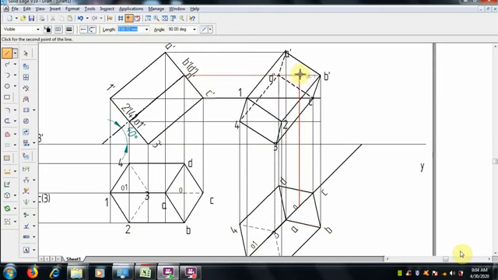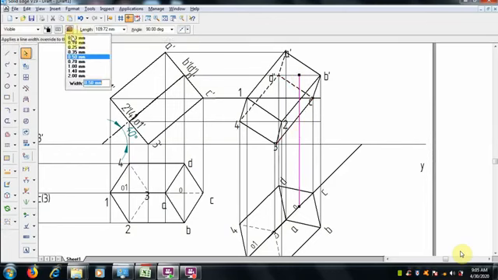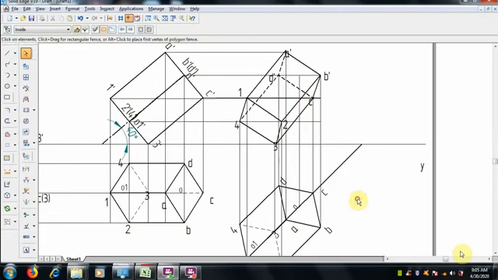So now draw the axis, show the axis in the top view.